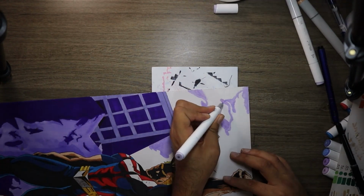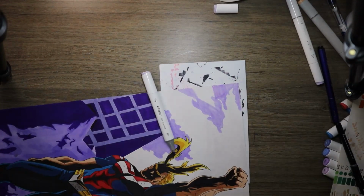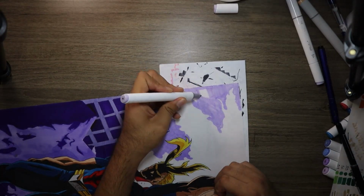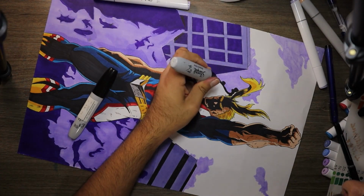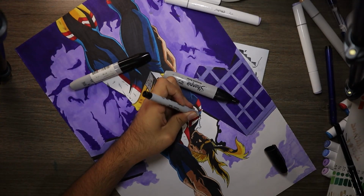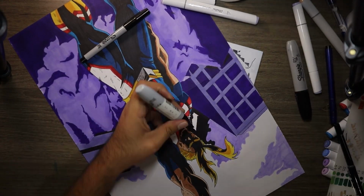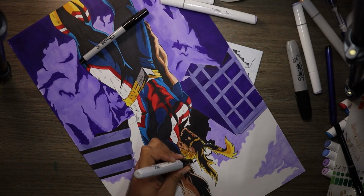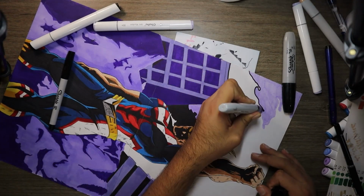Added some clouds on it so that way the black of the sky would not get just lost. That way the building wouldn't just look like three purple pillars hanging on the side. And as you guys can tell, I'm also doing a black outline with a Sharpie marker around the buildings and the clouds. That way it's easier for me to use a thicker tip Sharpie and go ahead and